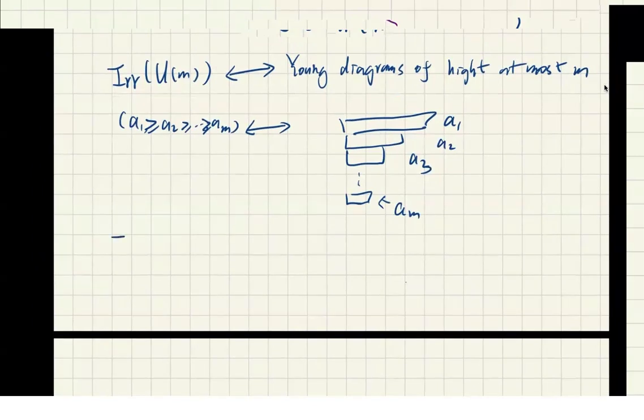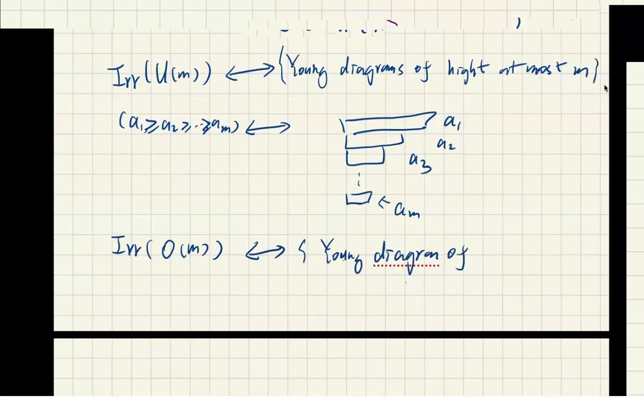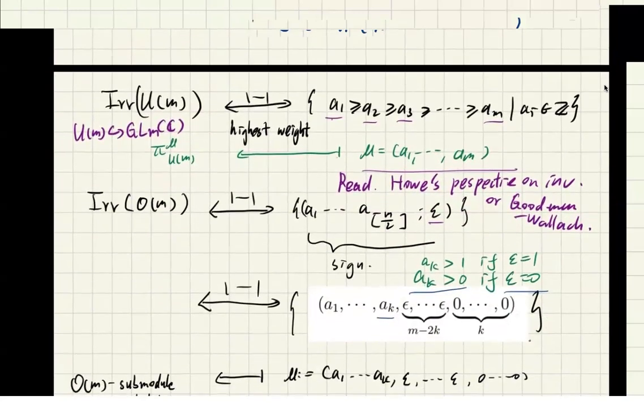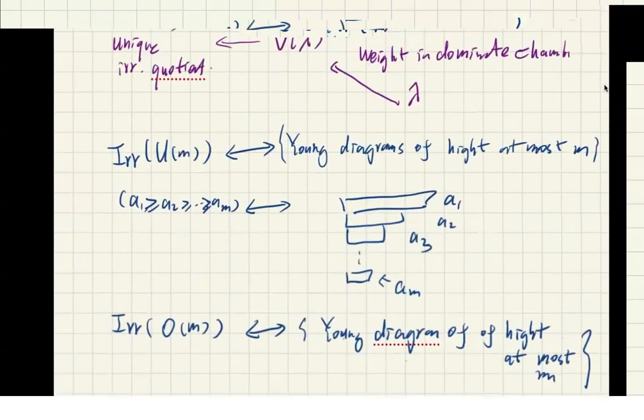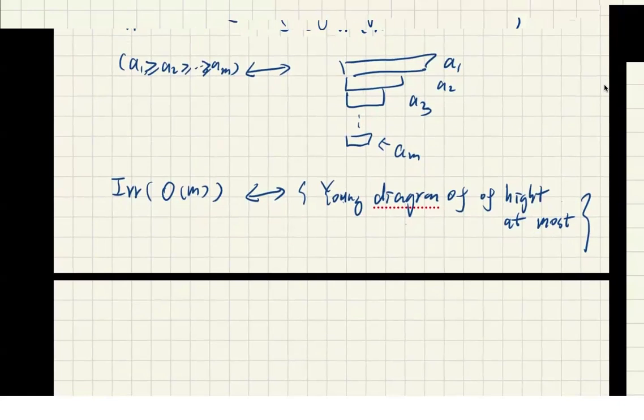The irreducible representation of OM is classified by Young diagram of height at most M again, but